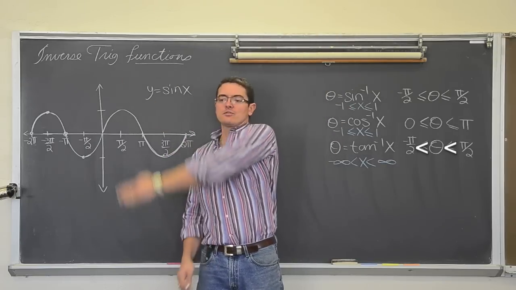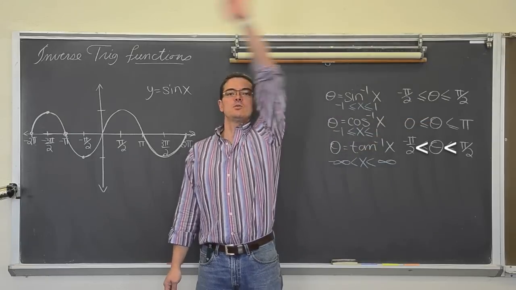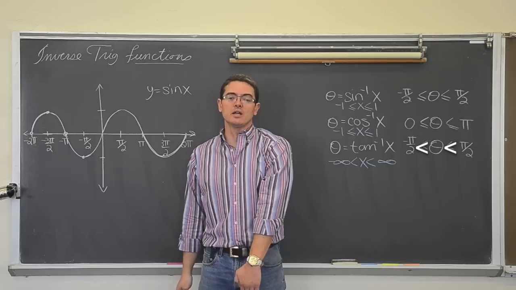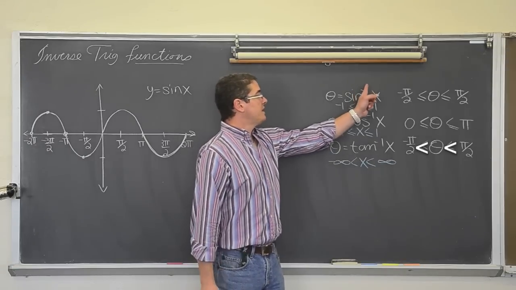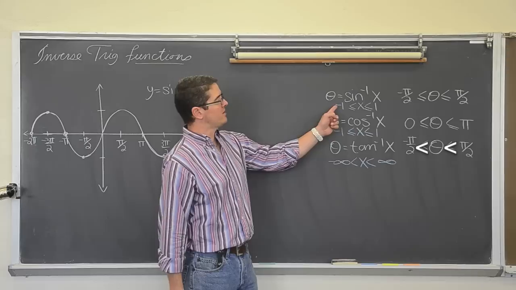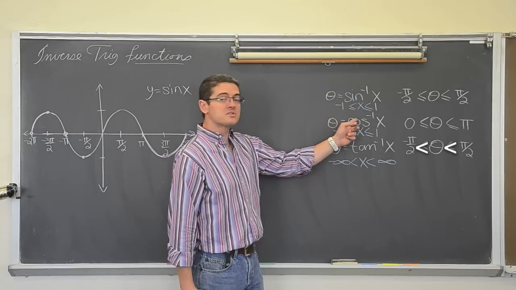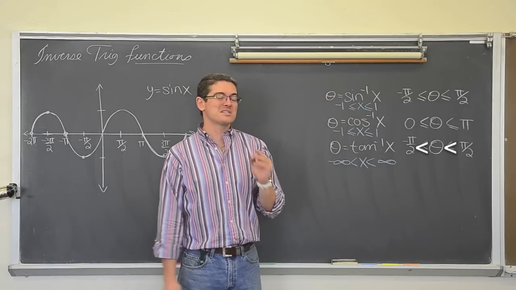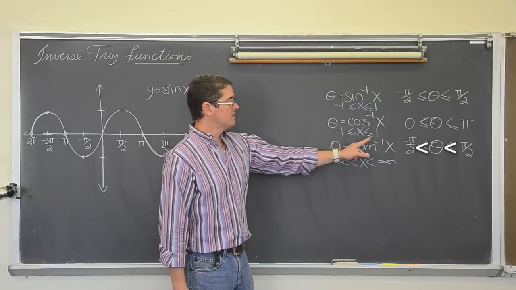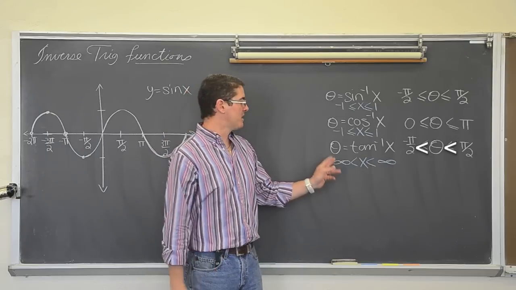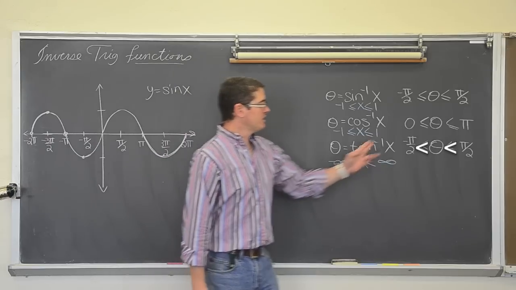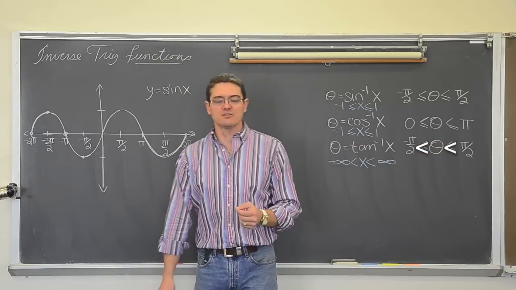If you go around to 3 pi over 2, or 270 degrees, the smallest value of sine you're going to get is negative 1. So on the inverse trig function, where you're plugging in those ratios, you can only plug in values between negative 1 and 1. Same with cosine. Sine and cosine really are exactly the same shape. There's just a phase shift between those two graphs. And the tangent graph goes up and down forever, so you can plug any value you want into the inverse tangent function, but you'll only get answers between negative pi over 2 and positive pi over 2.